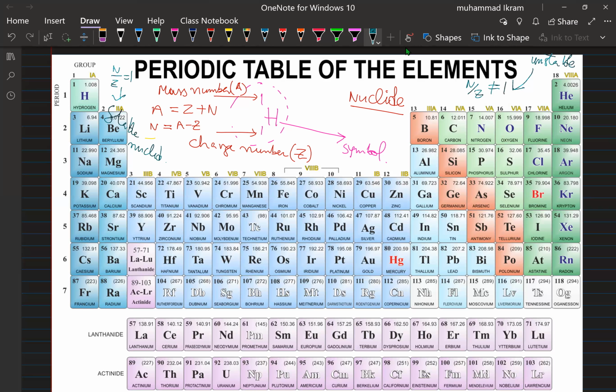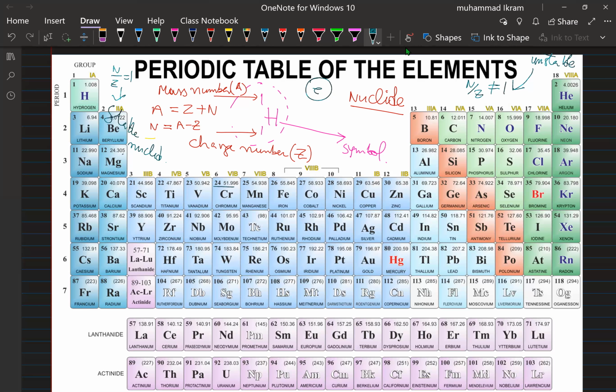The neutron number and the charge number are not necessarily the same. As I told, for stable nuclei yes, but for unstable, no. The number of electrons inside an atom is the same as the number of protons if the given atom is neutral, right? So here you see the mass number. Clear? Okay, now another important point is the atomic mass unit.